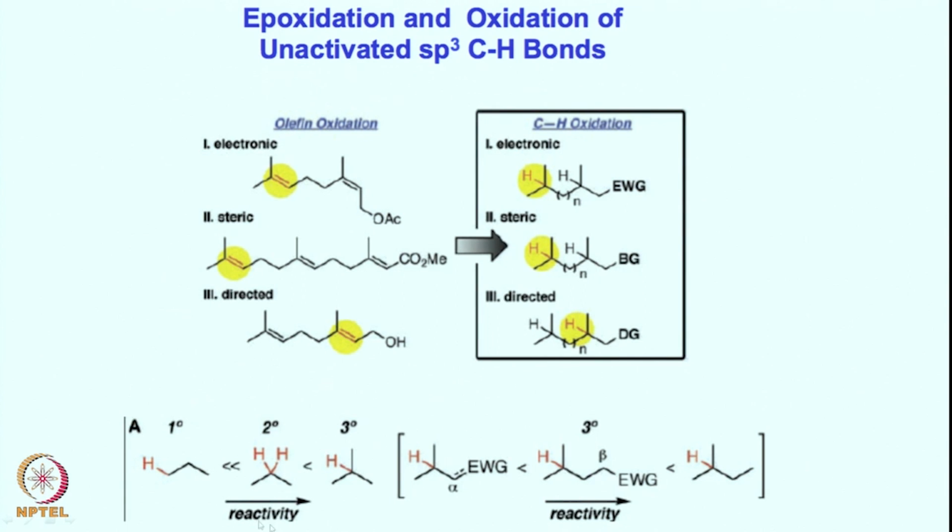You can actually reverse this reactivity mode with a suitable electron withdrawing group. Once you have an electron withdrawing group present, that molecule becomes less reactive. In this case no electron withdrawing group is there, therefore it is more reactive. This tertiary center is very less reactive since an electron withdrawing group is there. In this case this tertiary center is very close to an electron withdrawing group, therefore it is not that reactive as well. In fact, in such a case maybe tertiary is not reactive too much compared to even the secondary one.